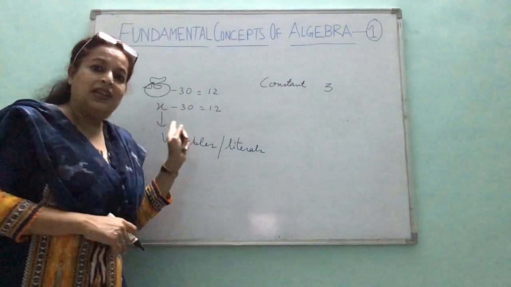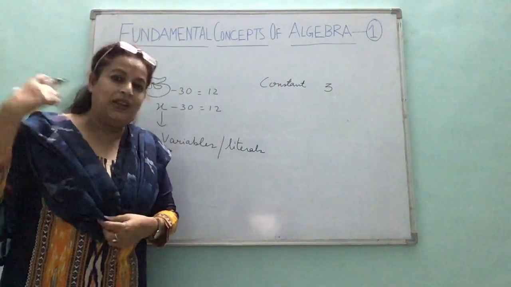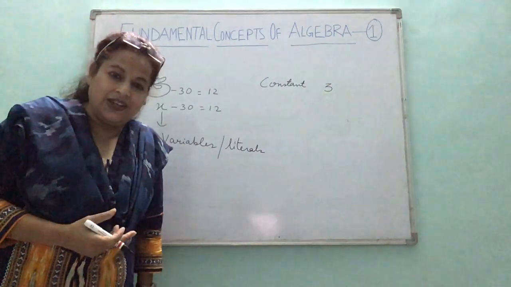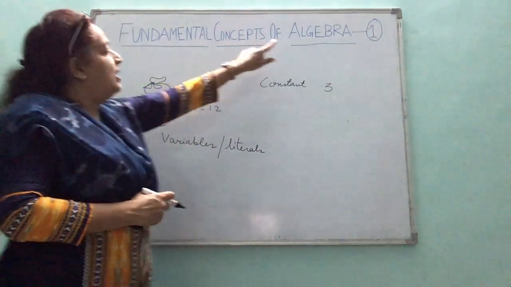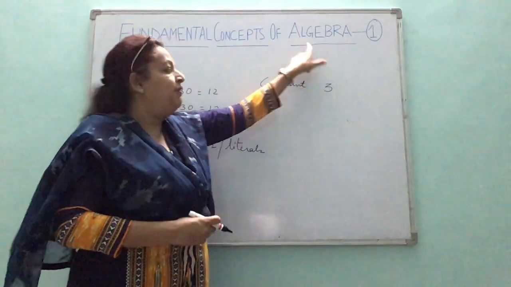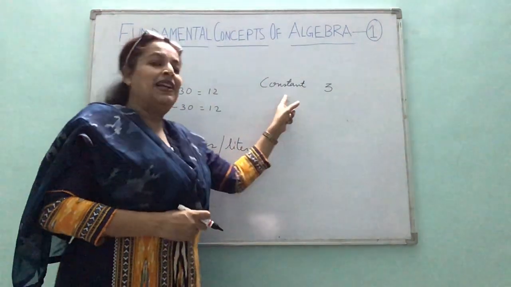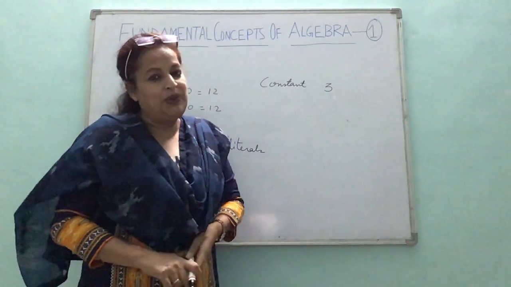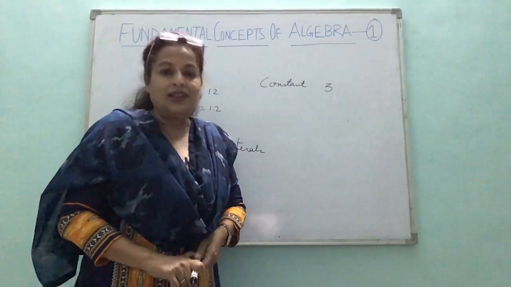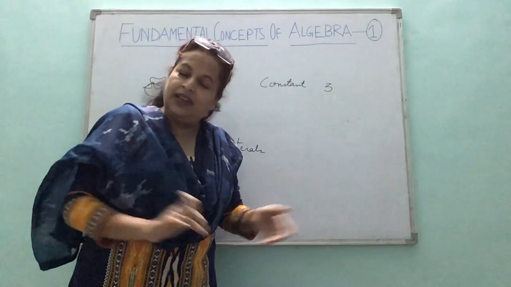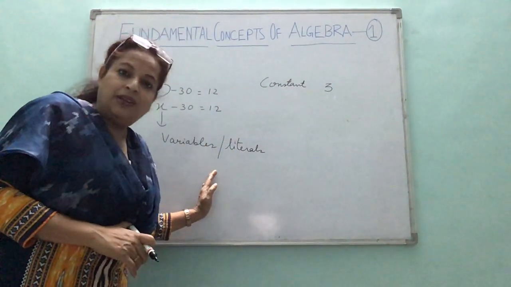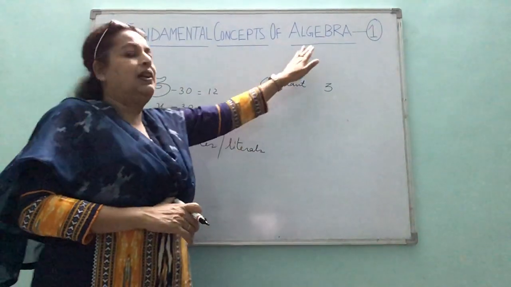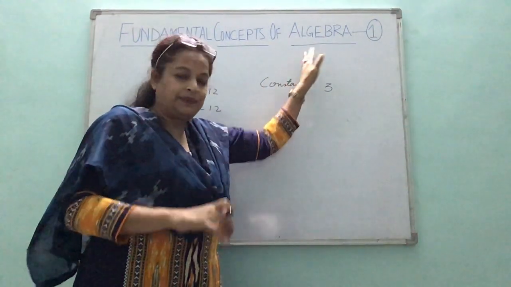And the alphabets, according to the situation, the value of X, the unknown, can change. So they are called variables. So algebra is that branch of mathematics which makes use of variables and constants. So there will be use of variables, that is alphabets, X, Y, A, B, C, D, any alphabet, and constants, the combination, or only variables, whatever. Then that is called algebra.